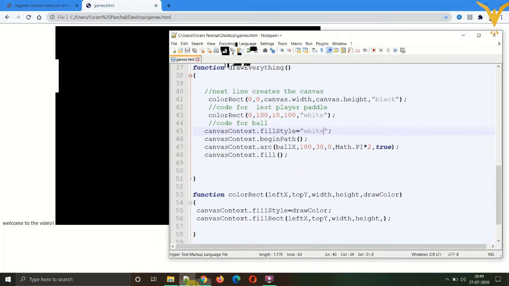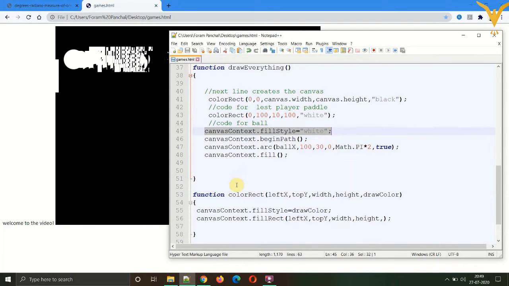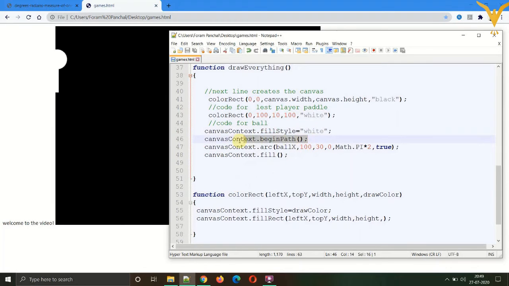Now let's understand the code. The first line over here, you are very familiar with. It colors the shape. The second line is used to define which shape you need to color, in correspondence with this function here, canvas context dot fill, and over here the function arc.